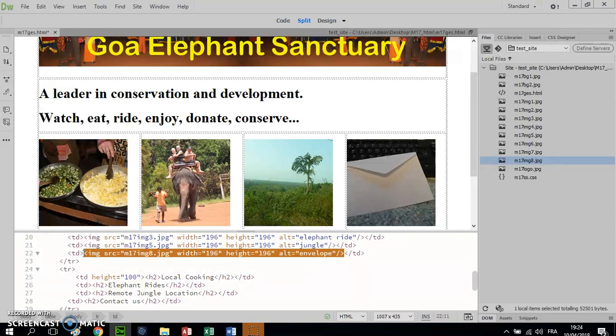Now I need to make sure that I open my A tag before the image and I close my A tag at the end of the image. That ensures that the image itself becomes the hyperlink. So before the image here, in between the cell wall and the image, I'm going to open my A tag. Okay, so A tag is the hyperlink tag and it's going to be an